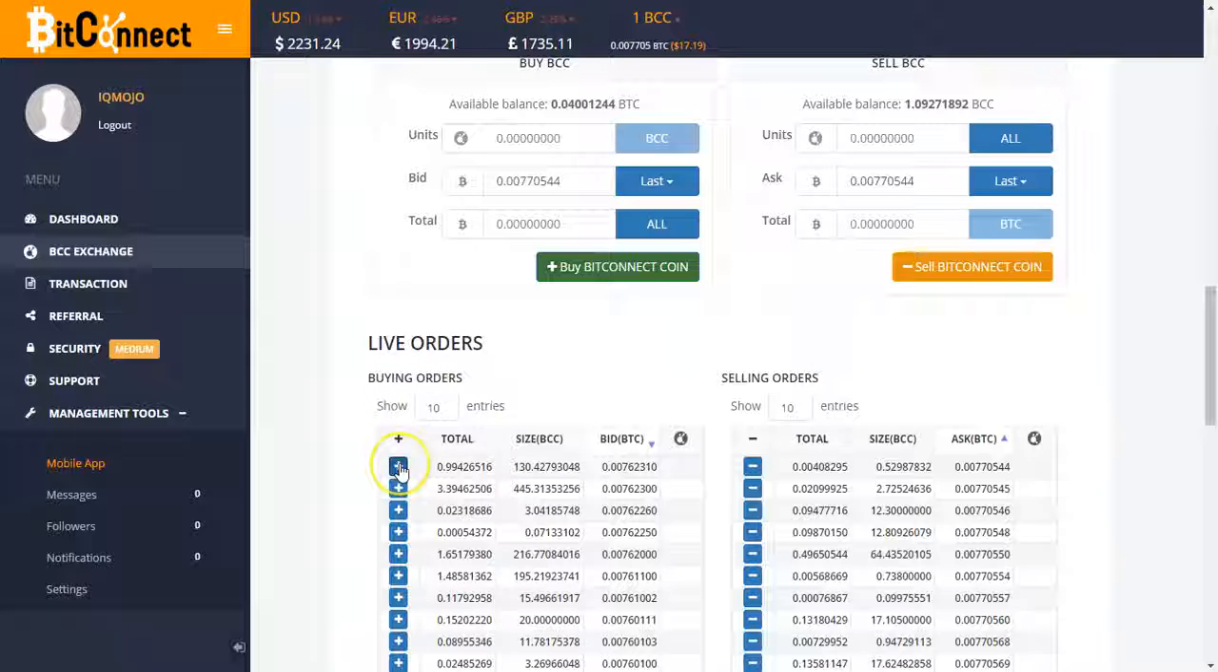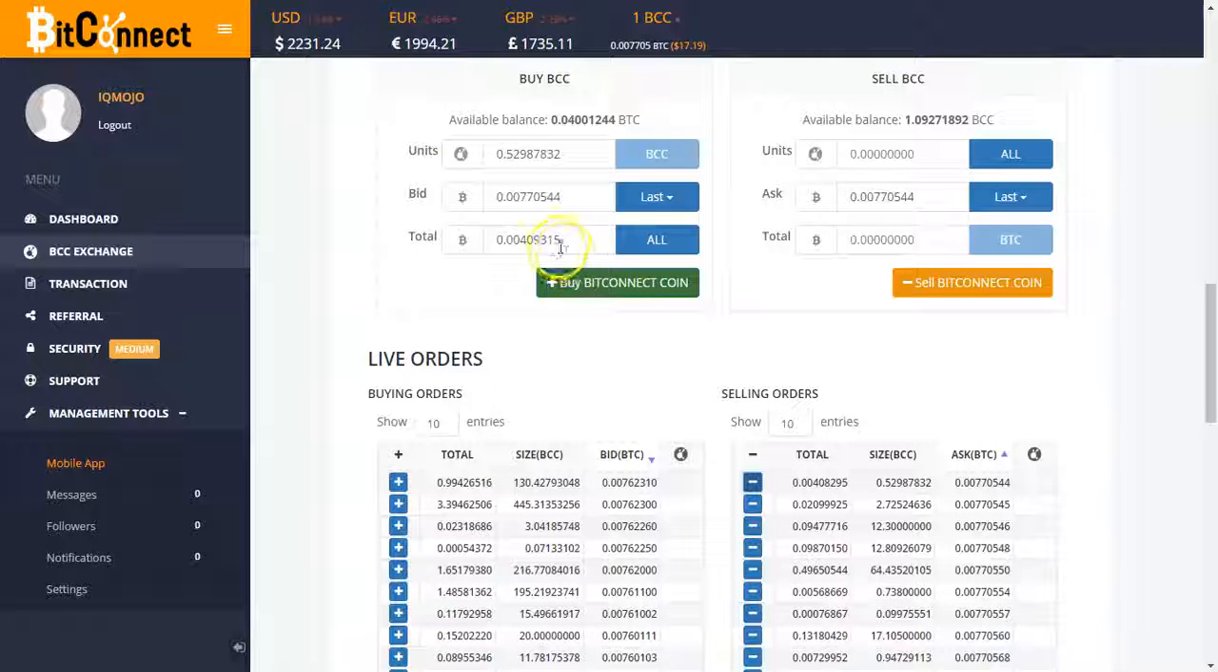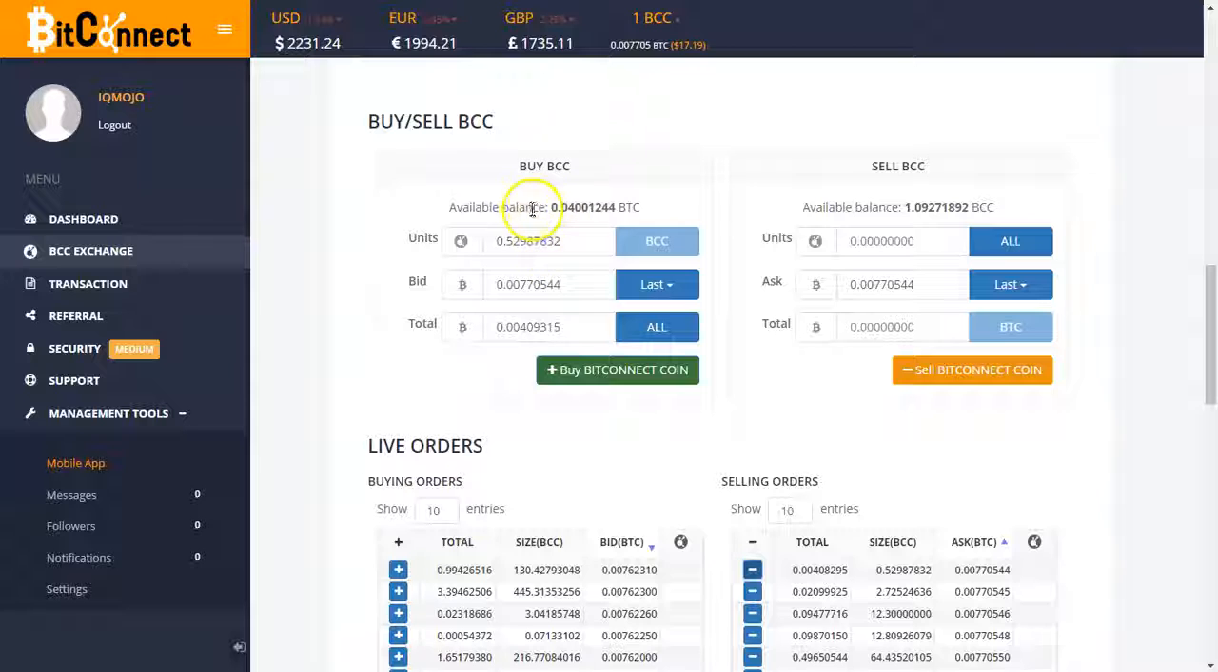You don't want to put in a buying order because you could be waiting for a while for that order to come in, or you can just make it really simple and just go in and buy the lowest price that is being sold in the Bitconnect exchange. So all you do is just click this negative icon right here, and as you can see, it's put it all up here. My total amount that I have available is different than down here, so I'm just going to copy that,